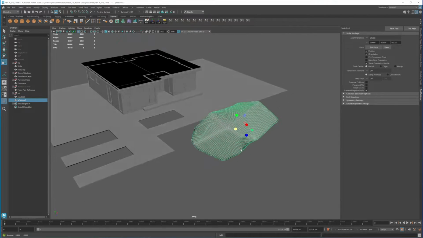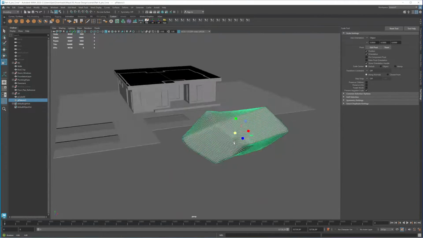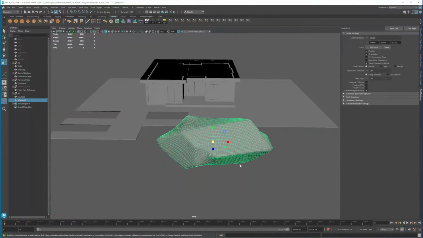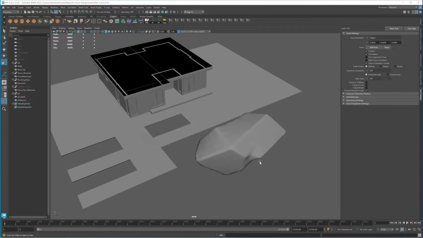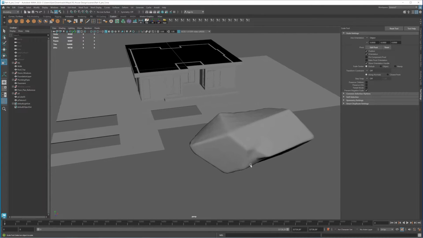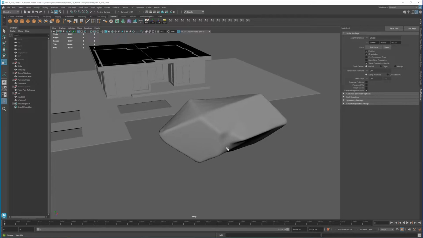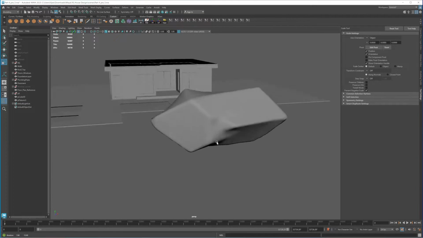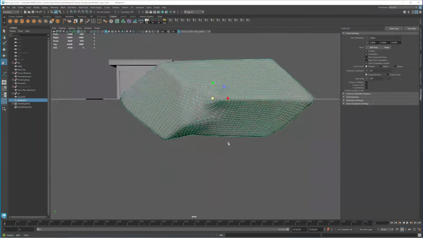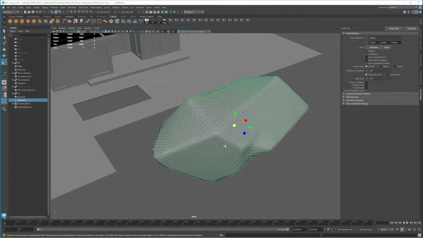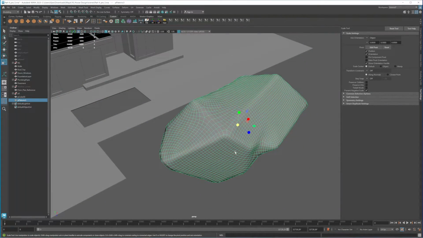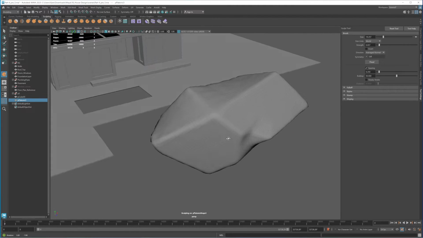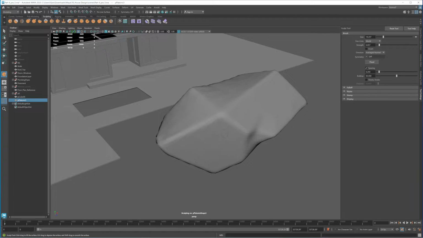Just give it a moment to finish. So now this is what we have. So this now is a time to start sculpting. Don't worry, it's gonna be very easy. So for those of you who haven't done sculpting before, this is very easy. I'm also not good at sculpting, so we go to the Maya sculpting tools here and we click on this first one right here.